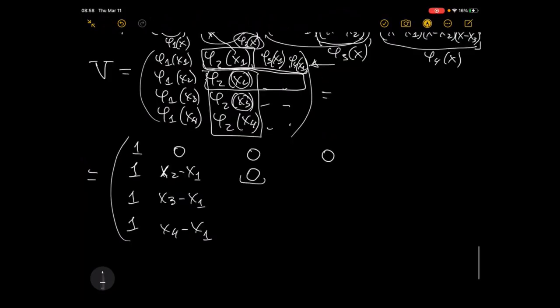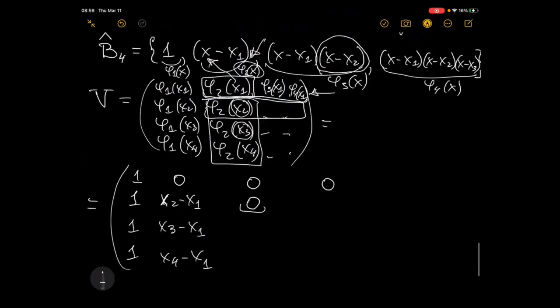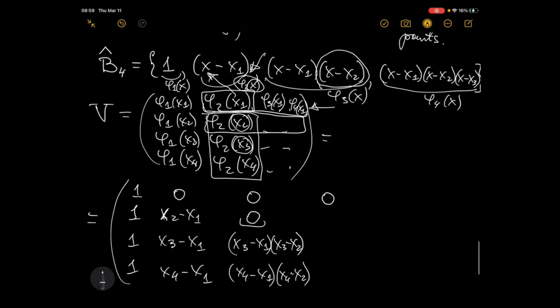So below I will get x3 minus x1, x3 minus x2, right? And here x4 minus x1, x4 minus x2, right? Is it clear or not? Yes. Okay, so now